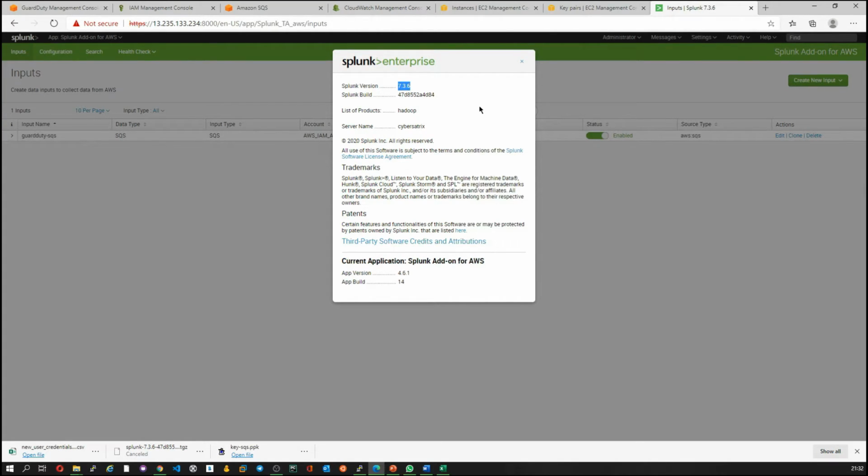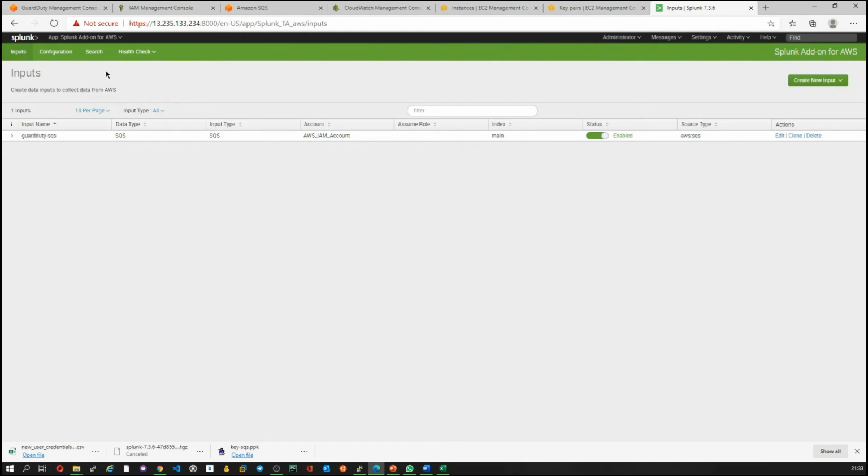From Splunk 8.0, it supports only Python 3, and the specific add-on which I have downloaded is version 4.x. So if you are on Splunk version 8.0, then you need to use a Splunk add-on version of 5 and above. If you are on a Splunk version below 8, you will have to use a Splunk add-on version below 5.